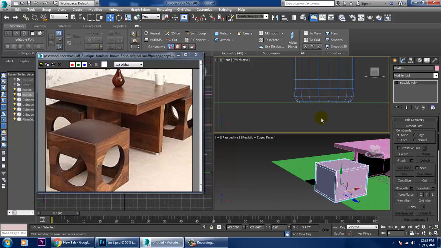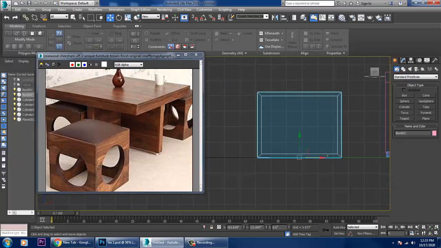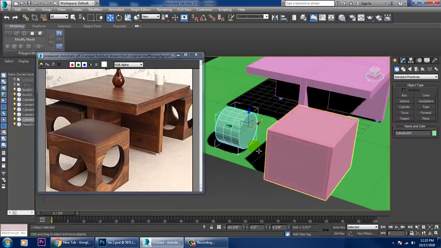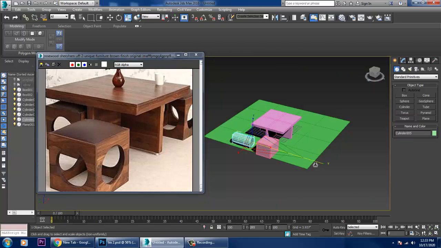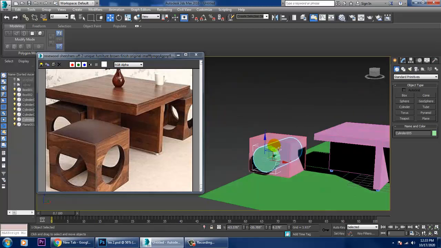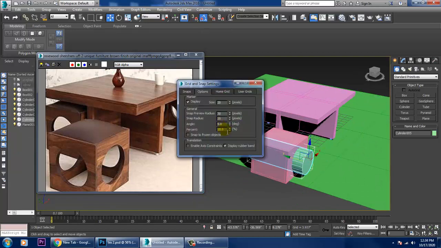After that, let's take a cylinder over here, and I'll pass this cylinder through this. This is one of the methods which you can utilize. Let's give it a 90-degree rotation.